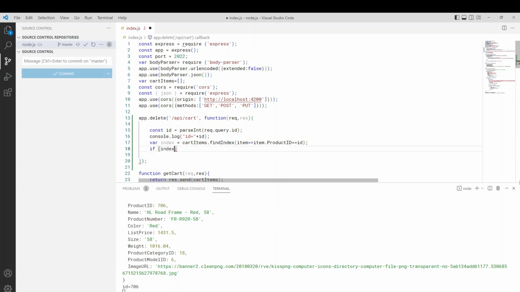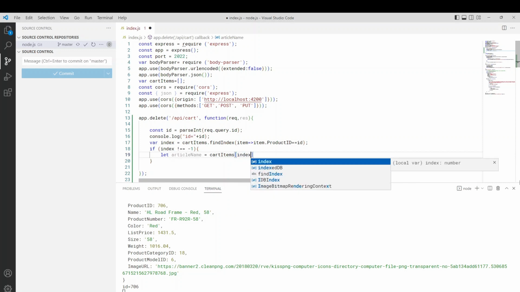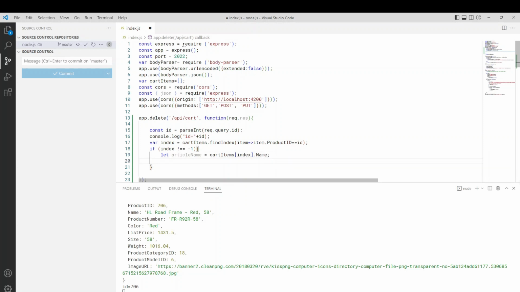And then, if the index is different from -1, I set a new variable, articleName, for example, cartItems at position index .name. Now, with the splice function, remove the cartItems element, cart.splice, index position, one element starting from the index position,